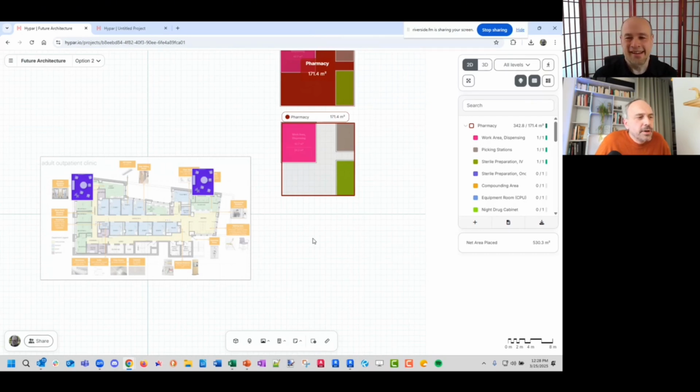And so did you identify IFC.js, or now it is called That Open Company? Do you have any relation between the two projects? No. We've done IFC export in the past, and now we're just starting to get some requests for IFC compatibility, both in and out. And we'll see if that rises to the level of priority. Okay. Yeah. But so far, our customers have been pretty happy with the Revit download. And then if they need to go out to IFC from there or into Inkscape or whatever, they're pretty happy to use Revit as the kind of hub for that. But who knows what the future brings.